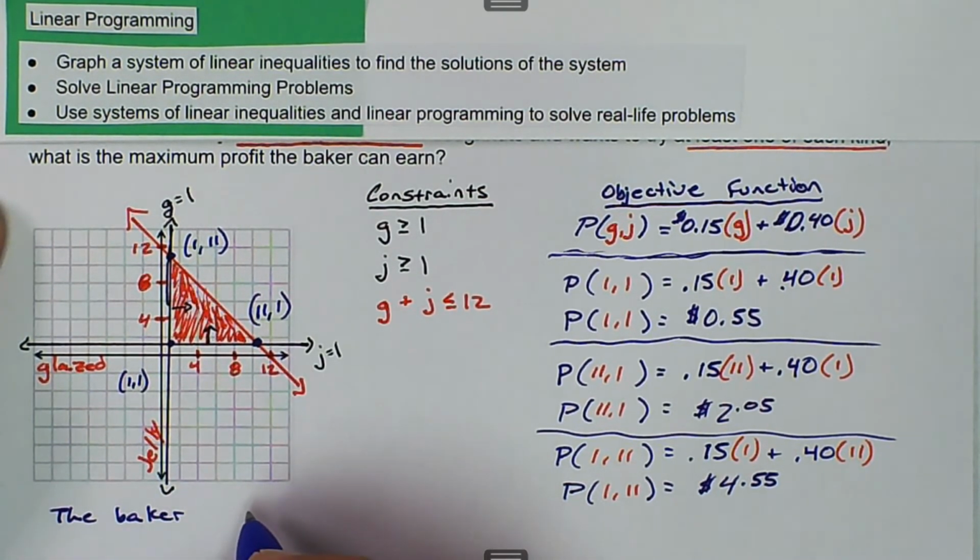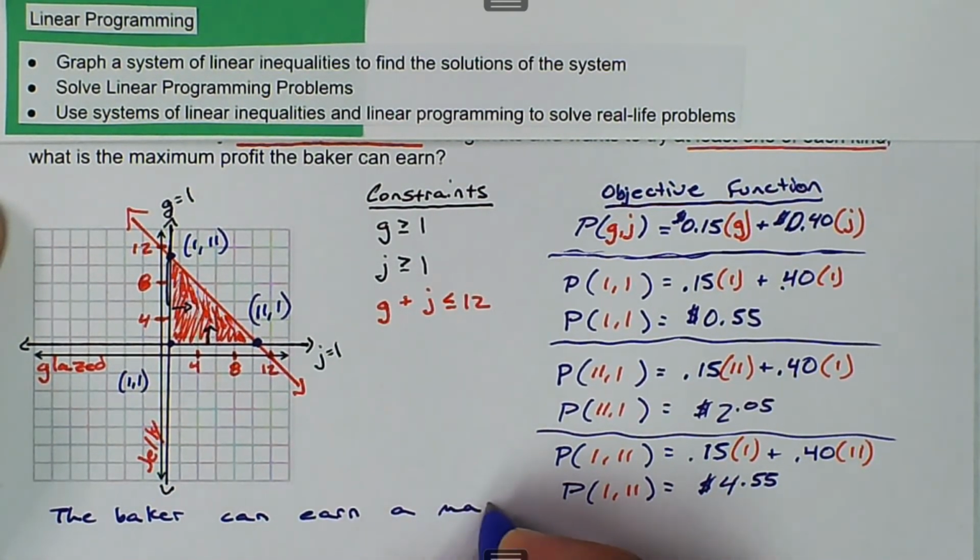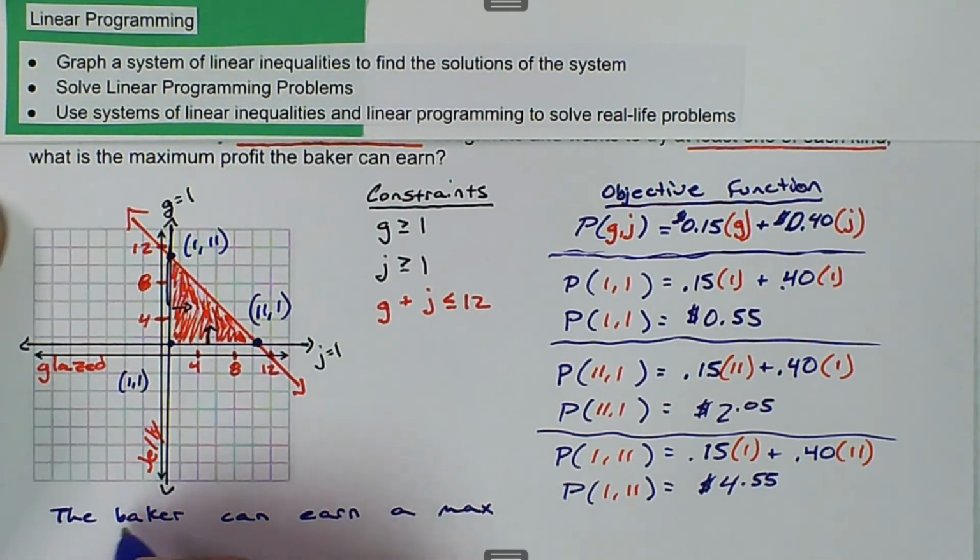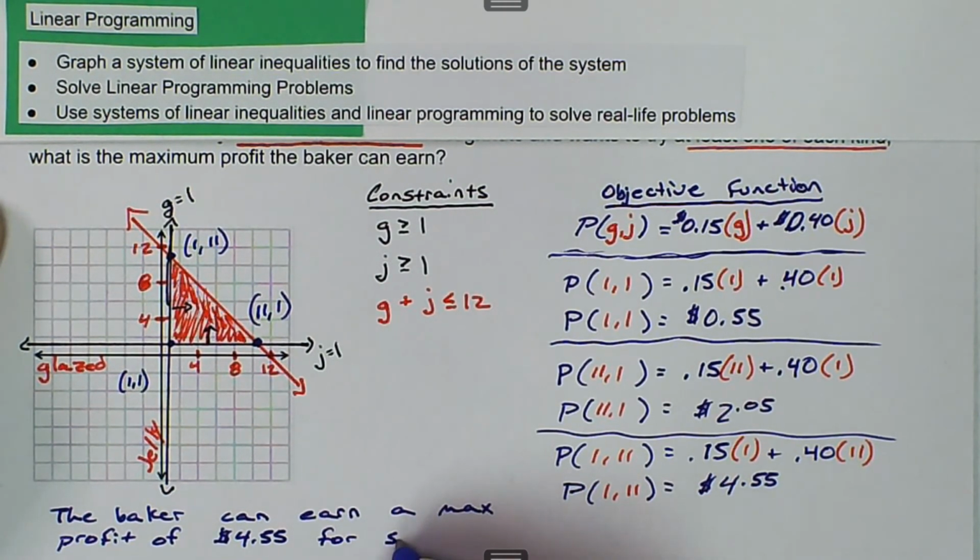The baker can earn a max profit of $4.55 for selling 11 jelly